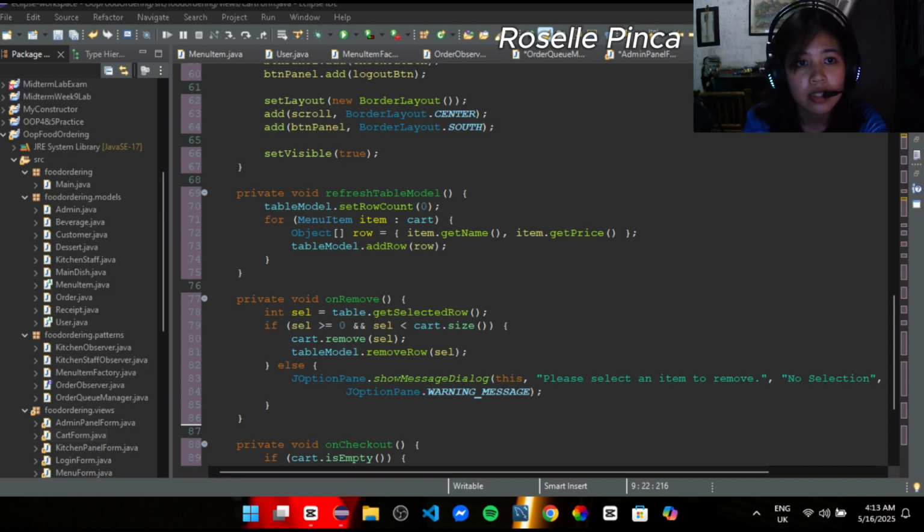This order is then added to a centralized order queue managed by the Order Queue Manager singleton. A receipt window or receipt form is also displayed, and the cart is cleared. The log out button closes the cart window and opens the login screen or login form, allowing the user to